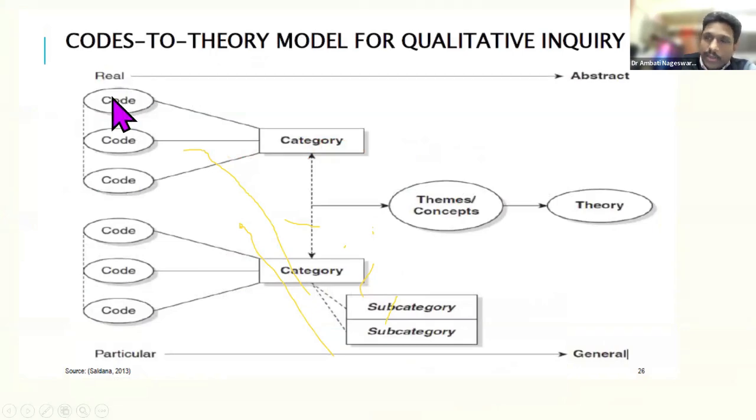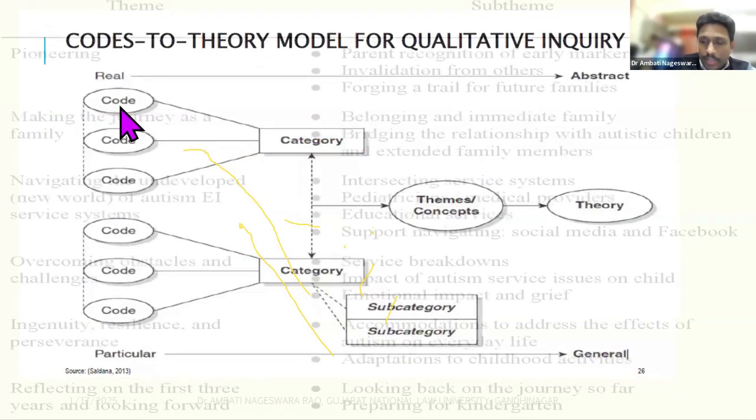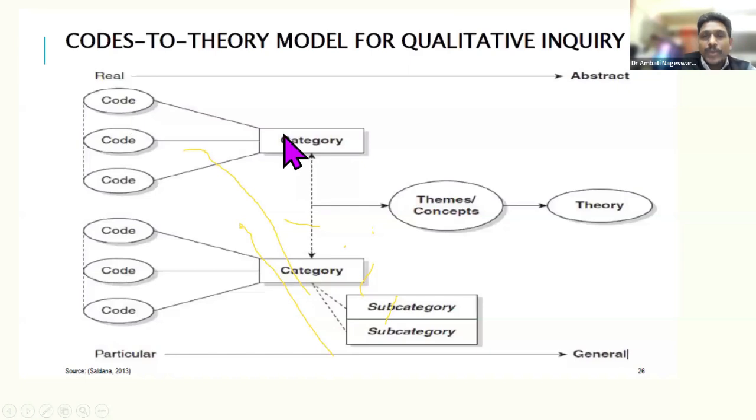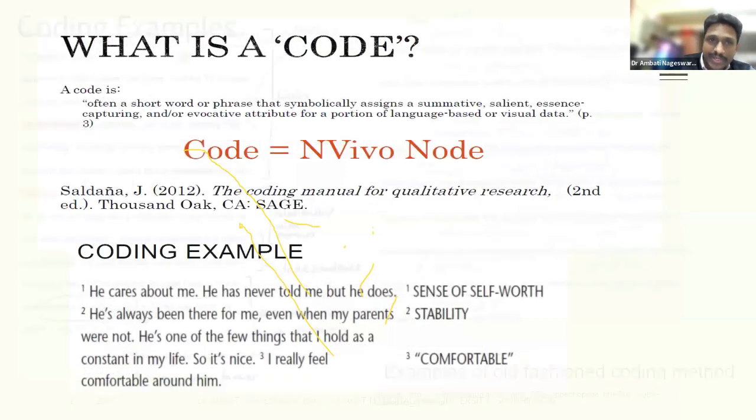Once you generate the codes, again you start reading all the codes, and you start connecting a particular code to a particular category. Once you finalize your categories, you will start connecting again to a particular theme. We are going to have hands-on practice of this particular step, because irrespective of whether it's phenomenological research or grounded theory, though we have different terminologies, the process is the same. Okay. So we are going to do it on third day with the help of the software. Right now, just understand what are the steps one can follow. Okay.